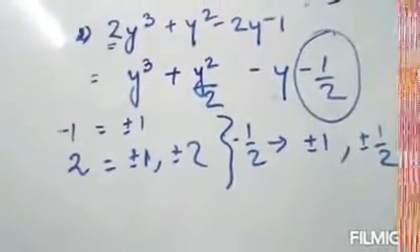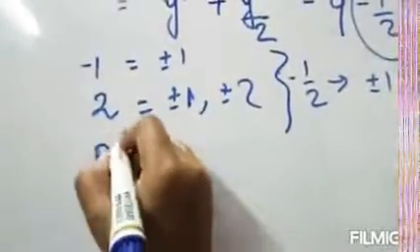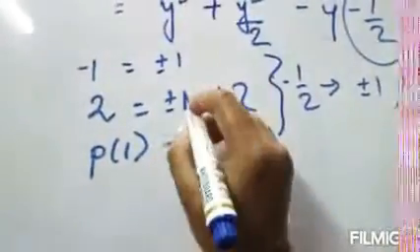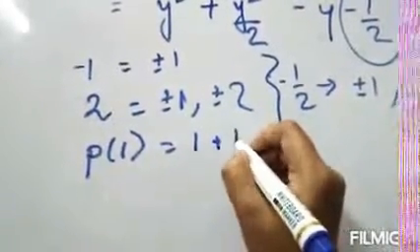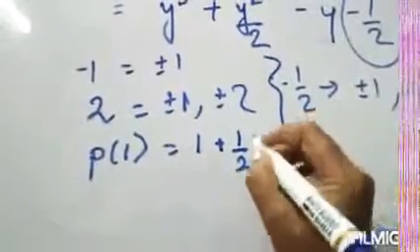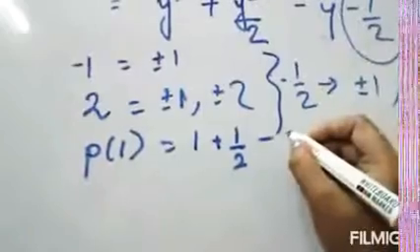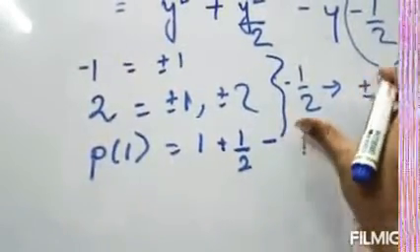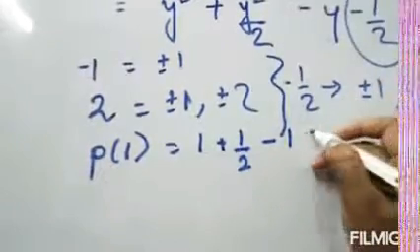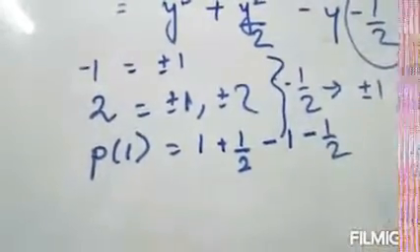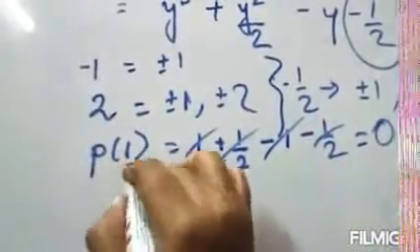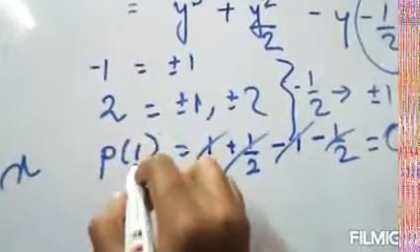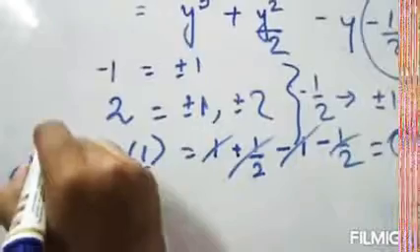Okay, so let's check with 1 first. When I substitute 1 over here, what will I get? 1 plus 1 into 1 will be 1, and we have 2. So what will be this? Again 1. And what will be this? It will be half again. Now you see, this one and this one cancel, this one cancels, so this is 0, which means x is positive 1, so when I take it as a factor it will become negative. So one factor I got, x minus 1.